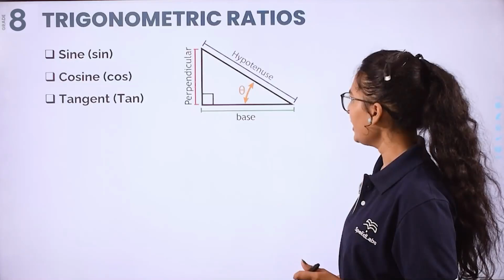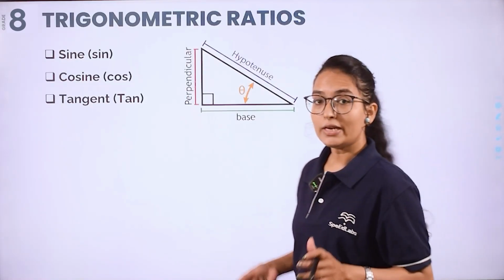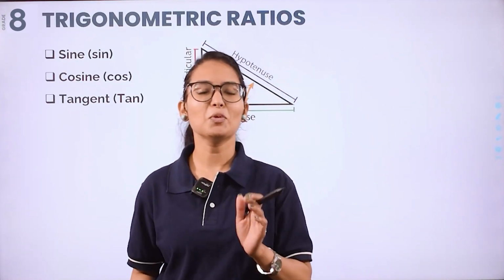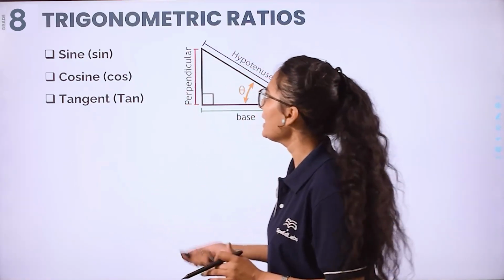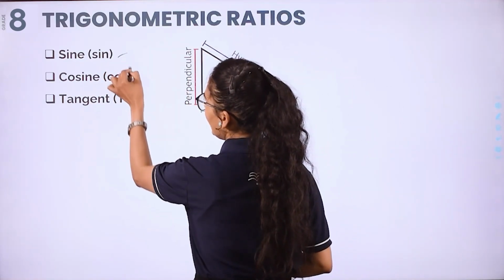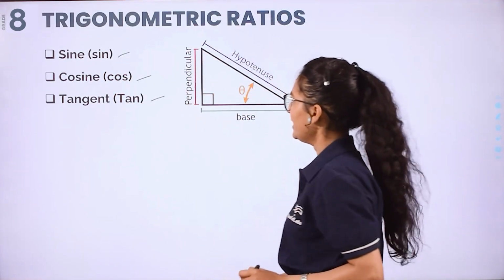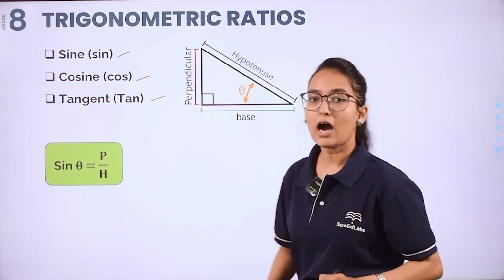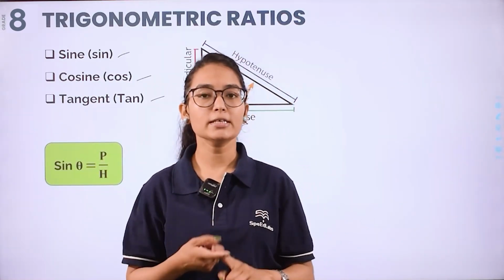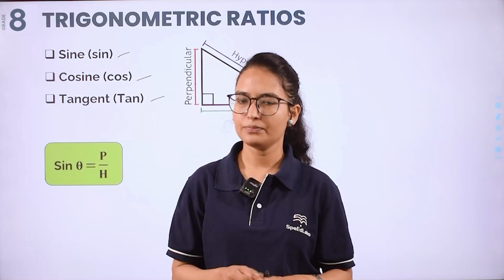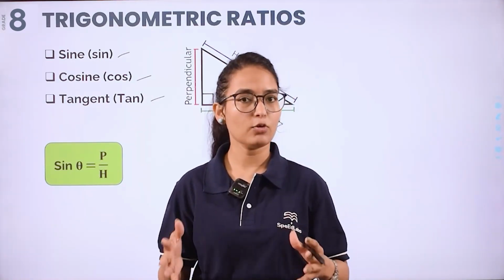Now we will focus on trigonometric ratios only. Okay, so let's see the definitions, because that is the most important thing that you have to do, right? Sine, cosine and tangent. Let's see the definitions. You know how to decide the hypotenuse, perpendicular and base side in a right angle triangle. I have already told you that.